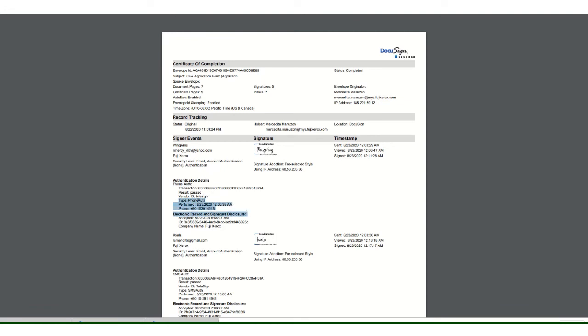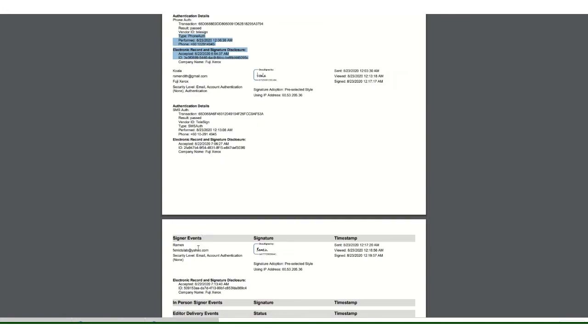For example, for Wing, our applicant, we used phone authentication, what is the phone number, and the signature as well. This one is for our co-applicant, Koala,